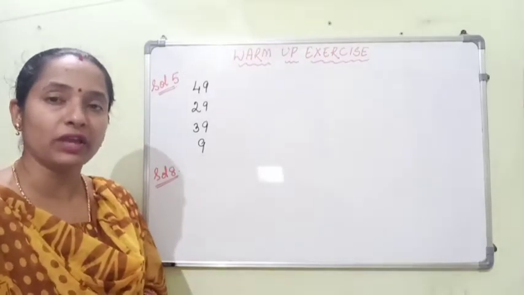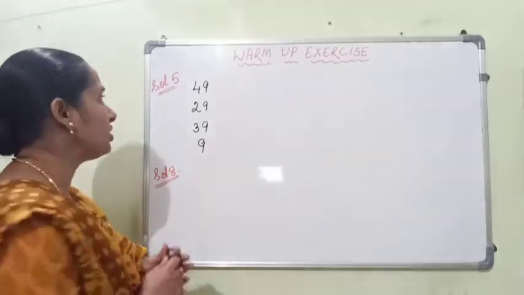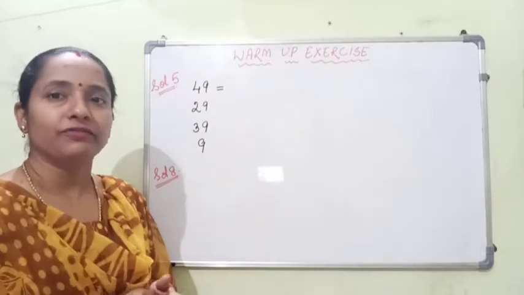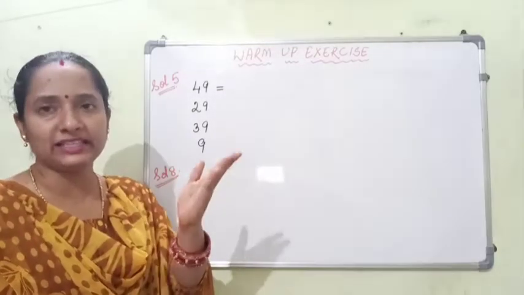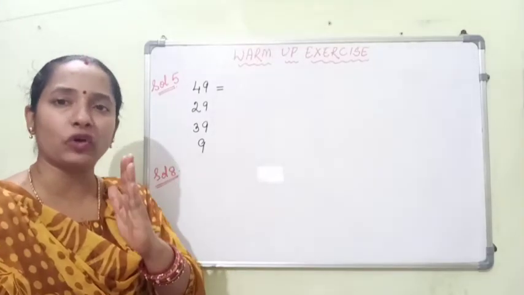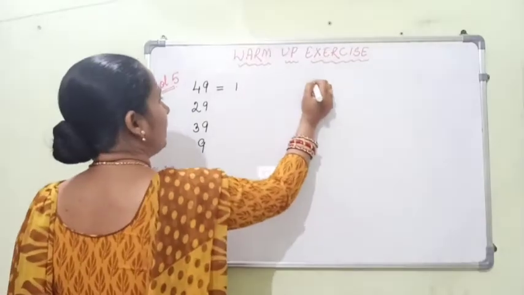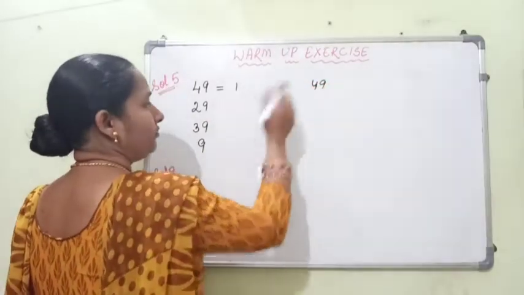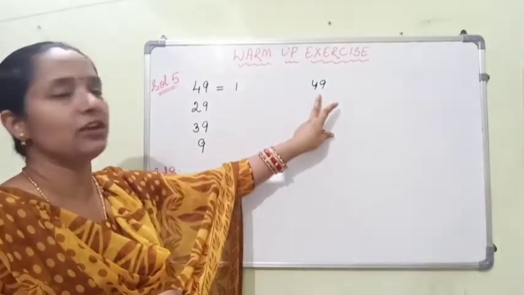Now what are we asked to do? We are asked to find their factors. So let us write down their factors. 49. First of all, if we start dividing it by 1, 49 ones are 49. So 1 and 49 both are factors of 49. So you write 1 and 49 here, because the greatest factor of 49 will be 49 itself. So 1, and giving some space, I am writing 49 here.